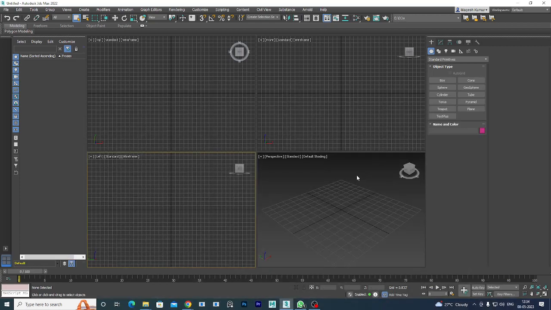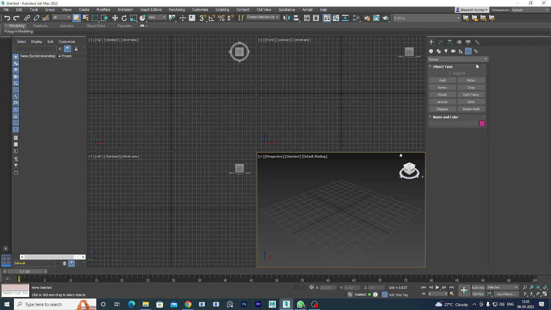So today we are going to study reaction manager basically. The topic is reaction manager, how we bind IK and FK to our bone structure. For that we are going to study a single hand arm structure and we are going to blend between the IK and FK. So let's open up